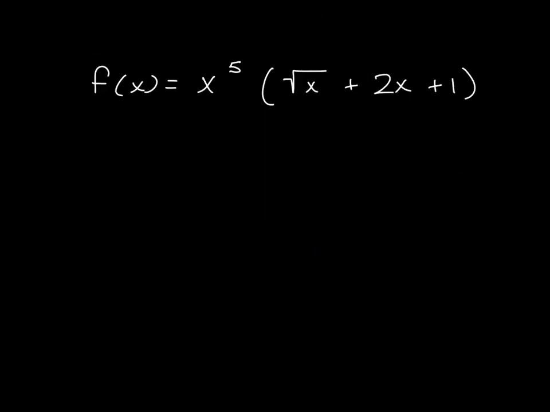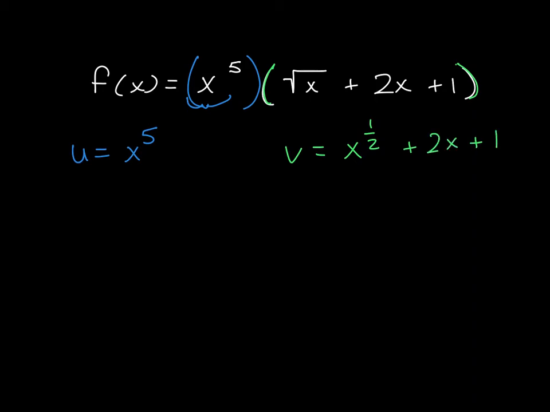Let's go ahead and take a look at another example with product rule. If I call this first piece u, we'll say u is equal to x to the 5th. And v is the second parenthesis here, and v is equal to the square root of x, but I'm going to write the square root of x as x to the 1/2, plus 2x plus 1. I want to find the derivative of both of these. Using the power rule, u prime is 5x to the 4th power. And again, using the power rule, v prime is equal to 1/2 x to the negative 1/2. And again, that's 1/2 minus 1, which equals negative 1/2,